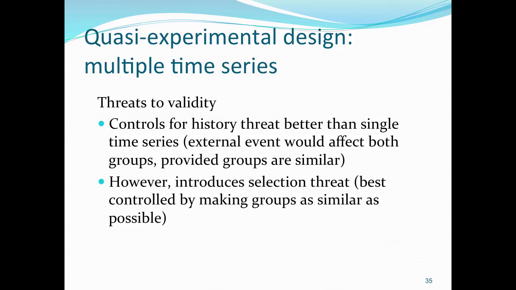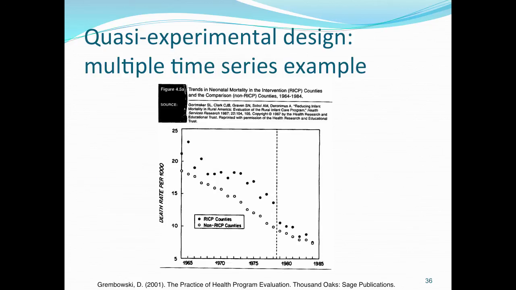First, though, the controls here are much stronger for history threat because the external event might cause a jump in the outcome for both groups, provided they are similar. And again, we're always concerned that the groups be similar, otherwise we have selection threat. So I really like this example